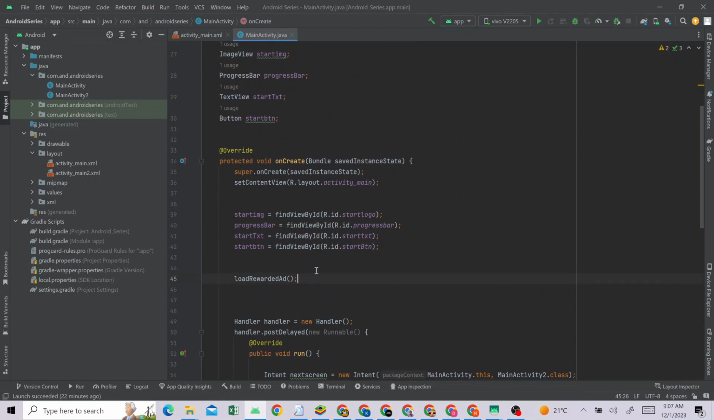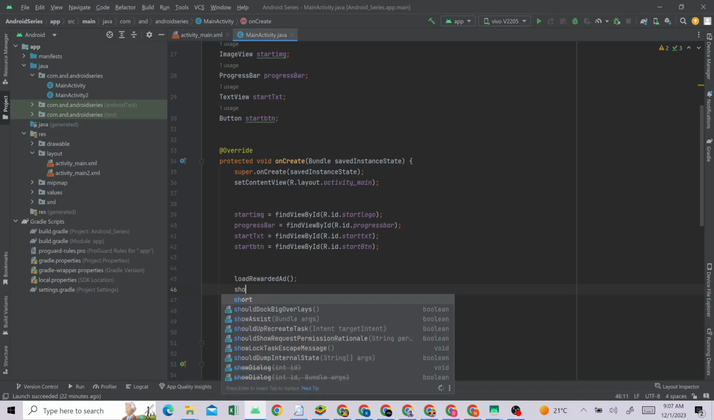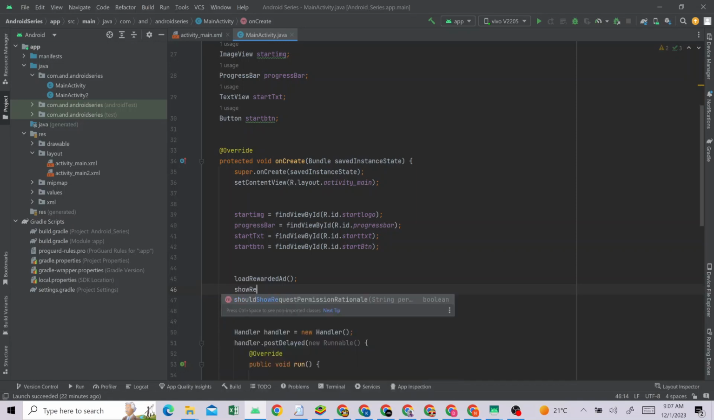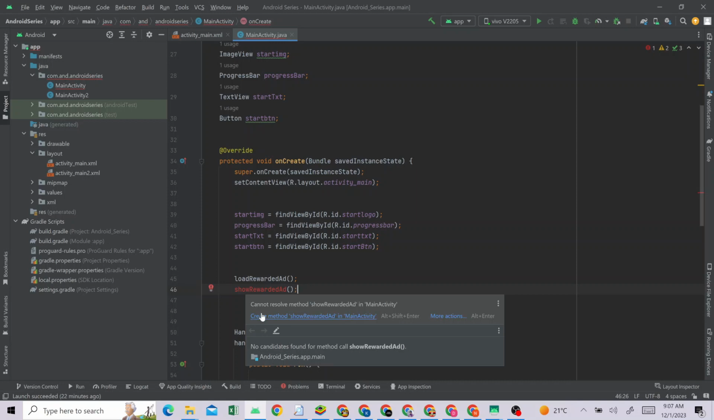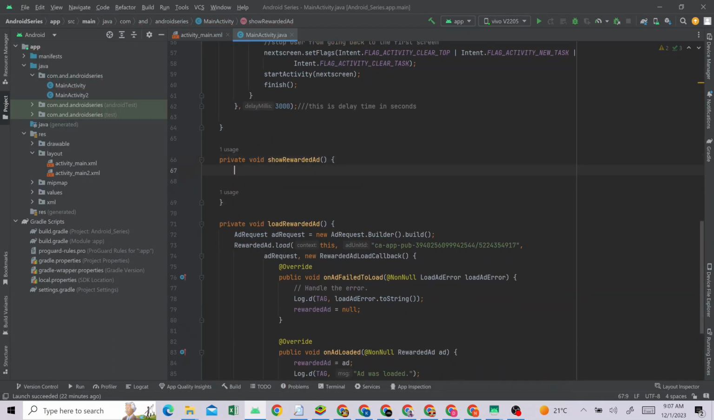the ad. Let me first put it here, but I don't need it here. Let me first put a method here for show rewarded ad. You first put it here, but we are going to remove it. I just put it here to create a method. Then create method. It comes here. Now inside this, you are going to say